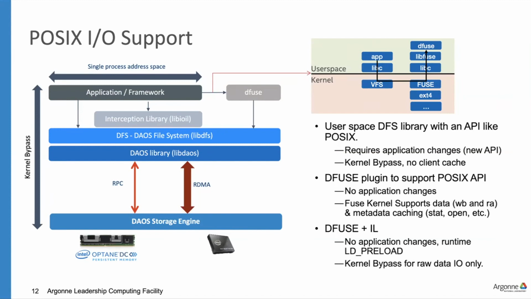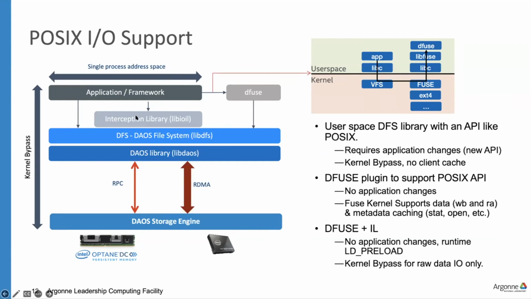So in this case, Fuse provides very good POSIX compliance because as long as the VFS works, then it works exactly the same. It requires no changes to your application because you're just using the same compiled application as before. You just run it against dfuse. So that's how dfuse works. It's usually the first easy step to try DAOS out. I'll talk more about that later, but this is how it works.